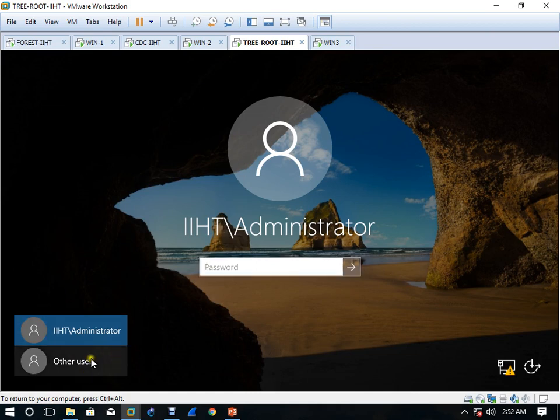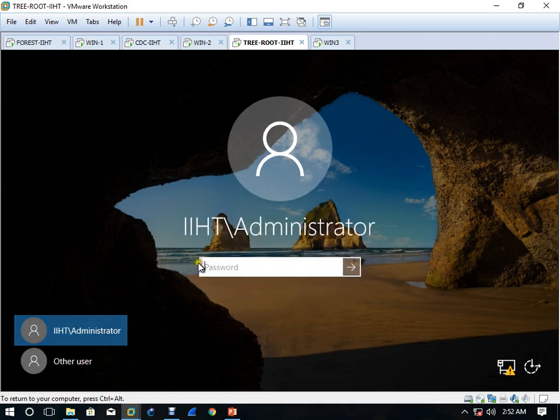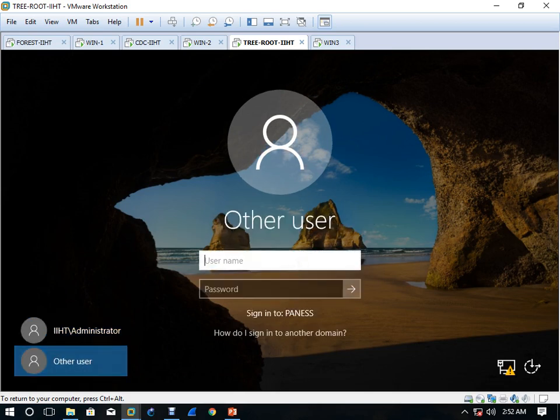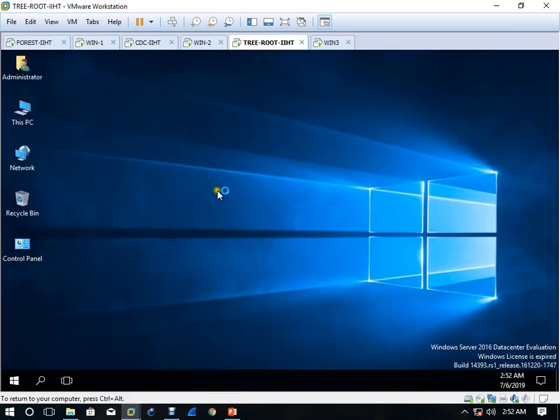So now you have to click here and write here. See, there is no need to log in with IST; log in here with your own administrator.